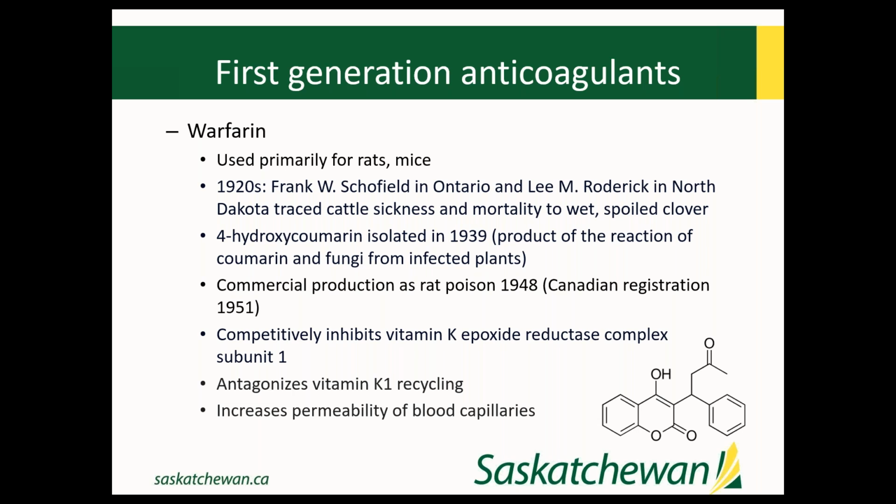One of the people working in the Ontario lab discovered that 4-hydroxycoumarin was the substance that was responsible for these anticoagulant effects, and this was determined to be produced from the reaction of coumarin, which is another host plant defense substance that's present in legumes, and a fungi that was infecting these wet plants, or this wet spoiled clover. So this reaction of the fungi and a natural defense mechanism from the plant produced this 4-hydroxycoumarin, which was isolated and produced commercially as rat poison in 1948. First registered in Canada in